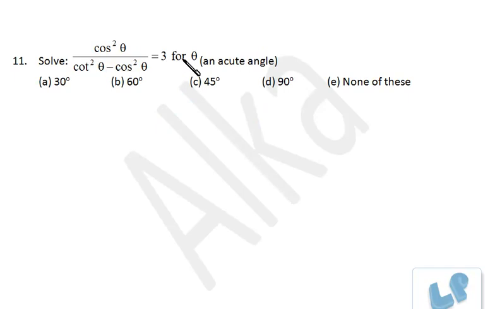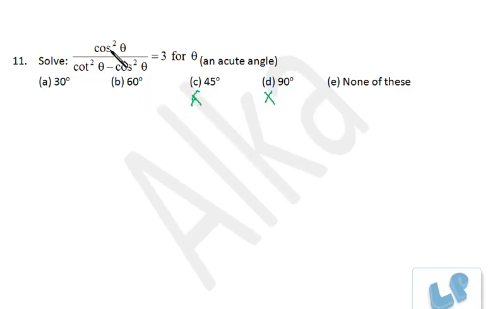Now this problem, we have to find the value of theta, and it is given that it is an acute angle. That means theta lies in the first quadrant, so its value is between 0 and 90. There are two ways of doing this problem. Either you choose the values from the options. Here 90 is already discarded, because cos 90 will be 0, so the entire term will be 0 by 0. After 30, 60, 45 you can put in. Even 45 will not be the correct choice, because we want the 3 in the numerator. That is possible from 30 and 60 only.